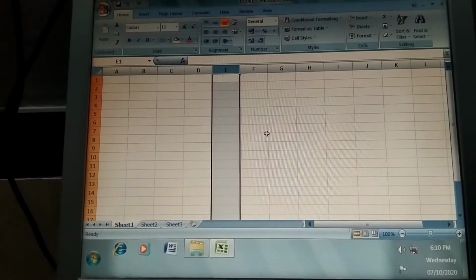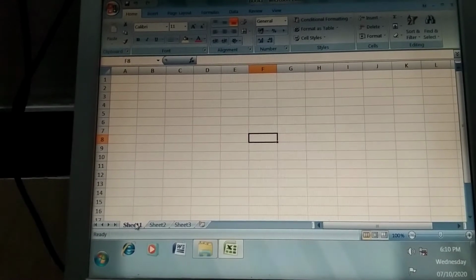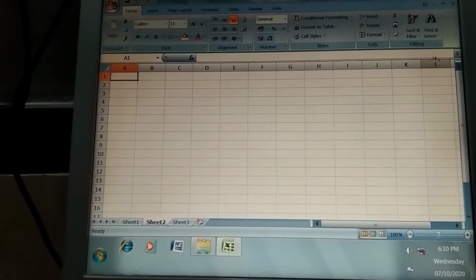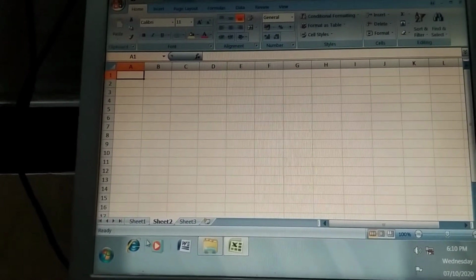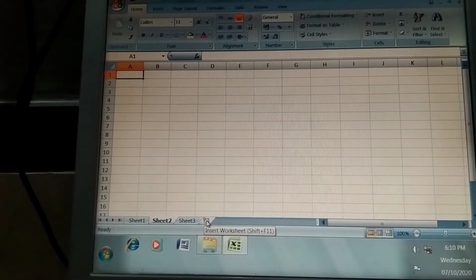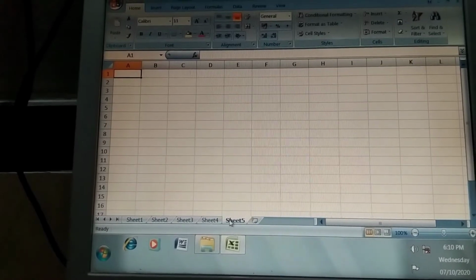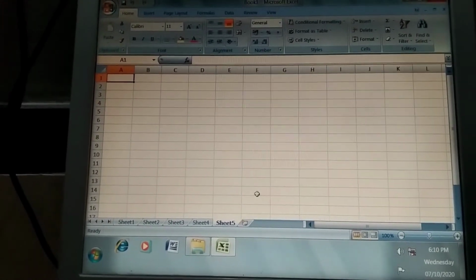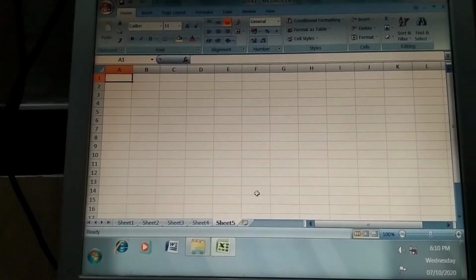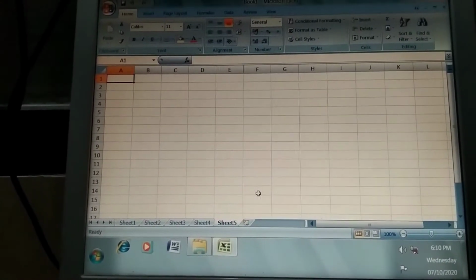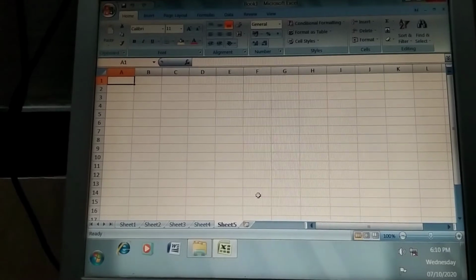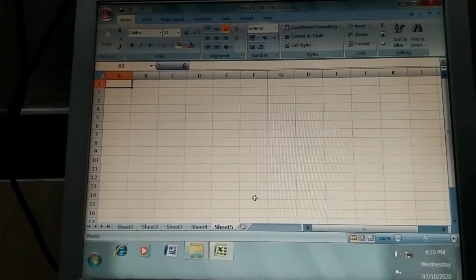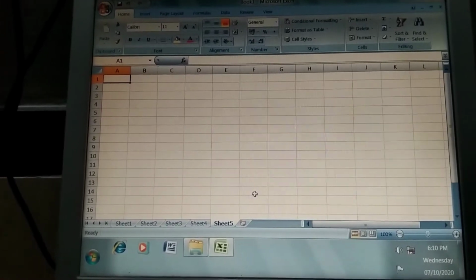And for a collection of worksheets, see, downside here Sheet 1, this is the whole worksheet. Again Sheet 2, when we click, the second worksheet will open. You can insert one more worksheet. So a collection of worksheets is called a workbook. Understand? This is one cell, a collection of rows and columns makes a worksheet, and a collection of worksheets is called a workbook.